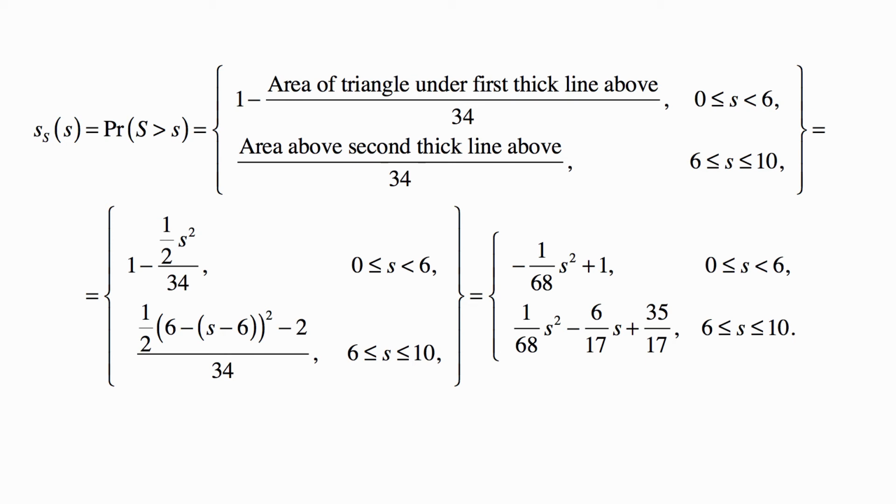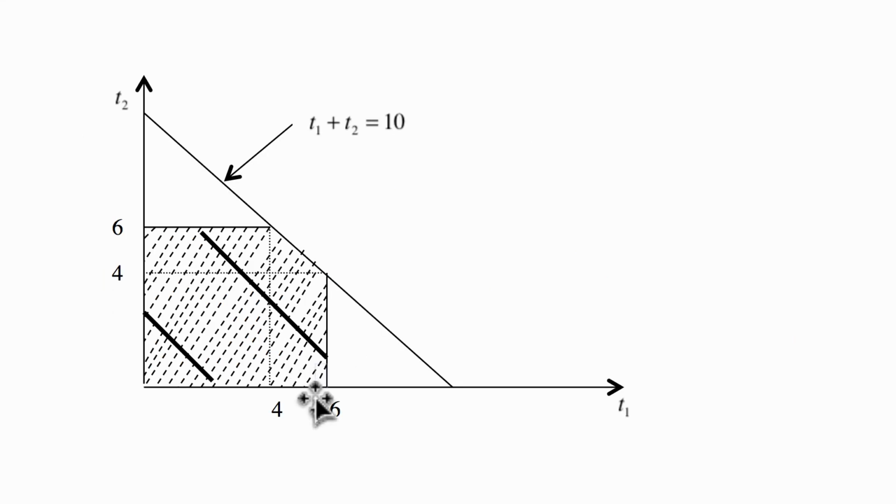And in the second case is the area above the second thick line, and the second word above relates to the picture, which I will show you again in just a moment, divided by 34. So okay, we're looking for the probability of being above this line or above this line. And in the first case, we just make it 1 minus the probability of being under the line in this triangle in the left or lower corner. And in the second case, the probability of being above the line,